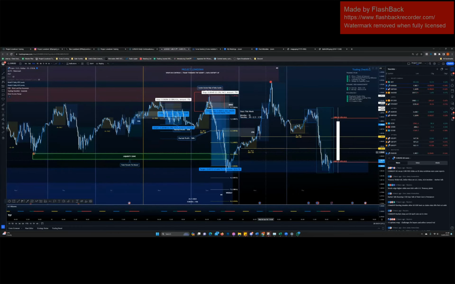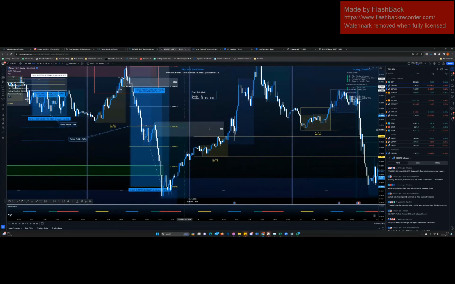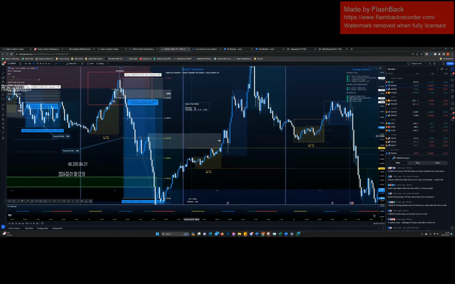So it hit a weekly demand, but we still need price to be in line in terms of being able to confirm the bias. Just because we know there's a 78% chance of going long, it doesn't mean anything until we know that demand is actually in control. So here we have a liquidity POI that's had a reaction to it, but we're not going to do anything until we see this fail to know that we've got the green light to potentially go long, knowing that the bias is likely to be correct as well, right? So this is a combination of using price action and statistics to be able to figure out daily direction.